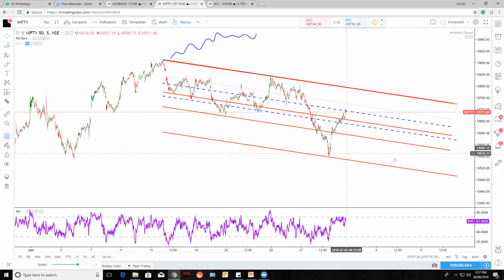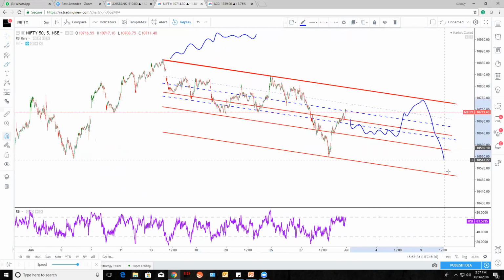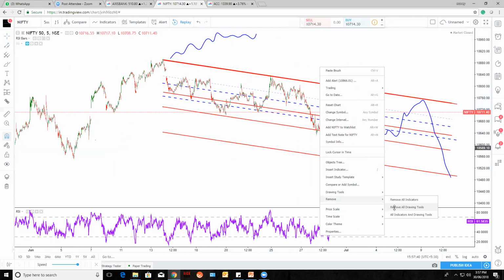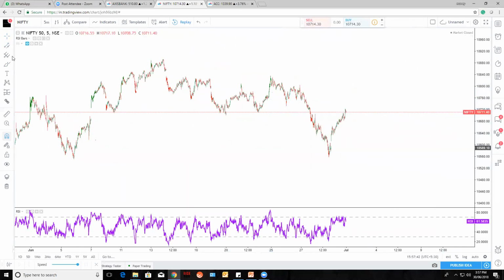Okay, like this is also acting as a resistance as of now, right? This is the resistance point where these act as resistance and support, this level and these levels. You can do that. We can draw the zones or else the support lines. Otherwise you just simply connect the highs.